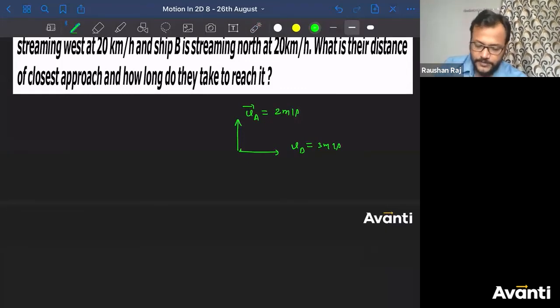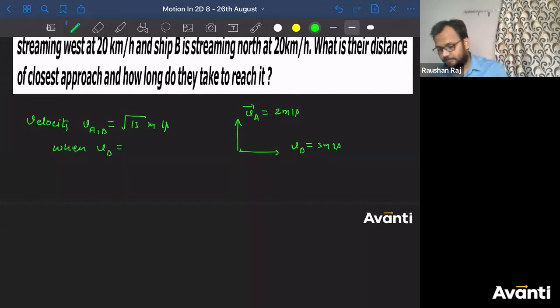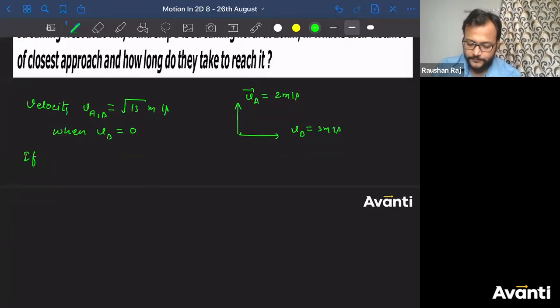Can I say, see, try to think about the statement, that the velocity VAB is equal to square root of 13 meters per second when VB is 0. Can I assume this? Can I write this? Or if I write this in a statement, if VB is 0,